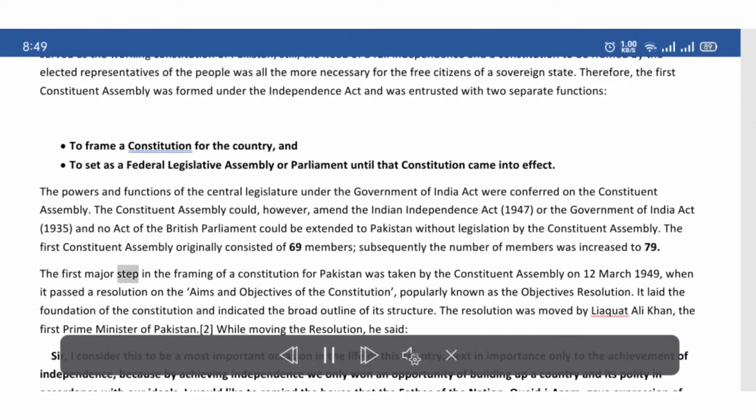The first major step in the framing of a constitution for Pakistan was taken by the Constituent Assembly on 12 March 1949, when it passed a resolution on the aims and objectives of the constitution, popularly known as the Objectives Resolution. It laid the foundation of the constitution and indicated the broad outline of its structure. The resolution was moved by Liaquat Ali Khan, the first Prime Minister of Pakistan, too. While moving the resolution, he said,